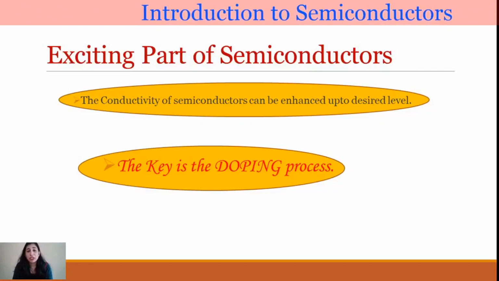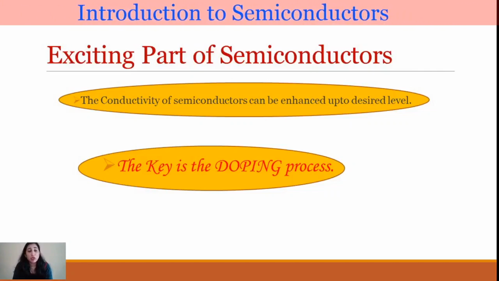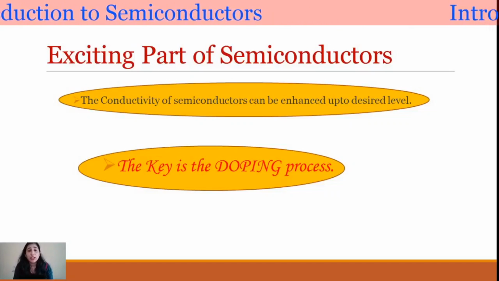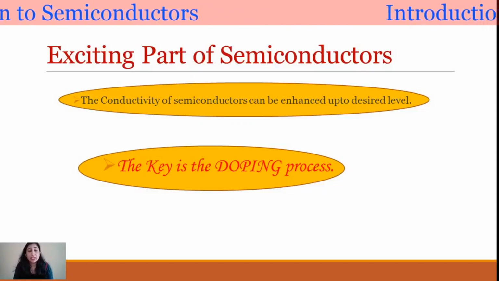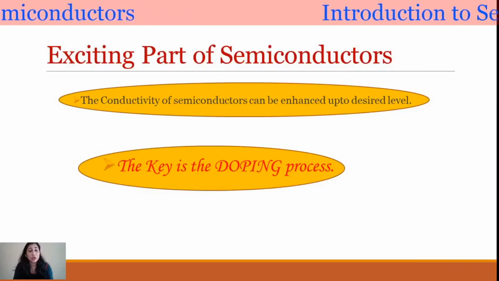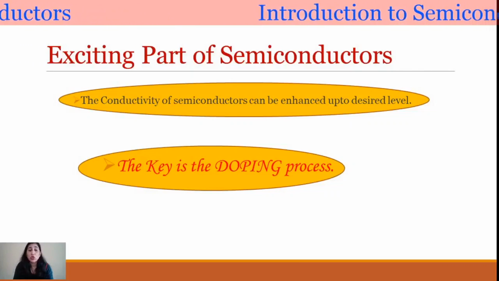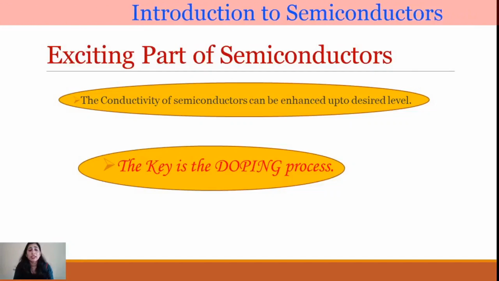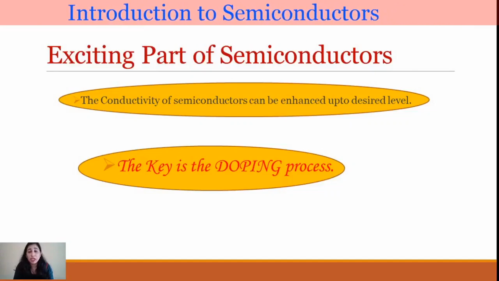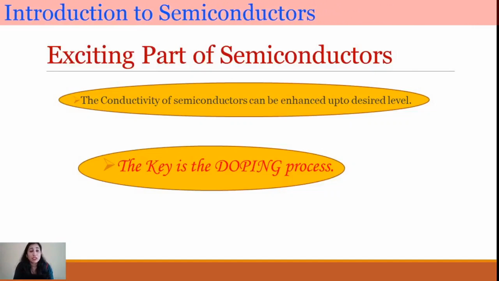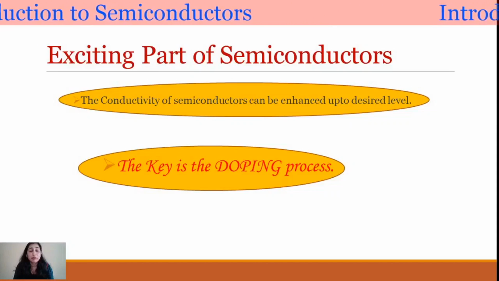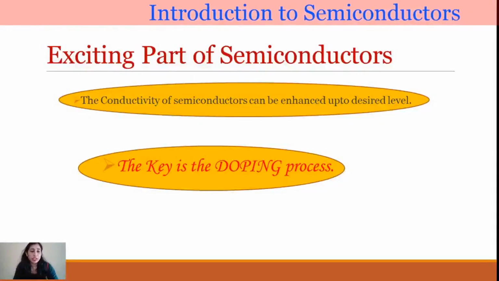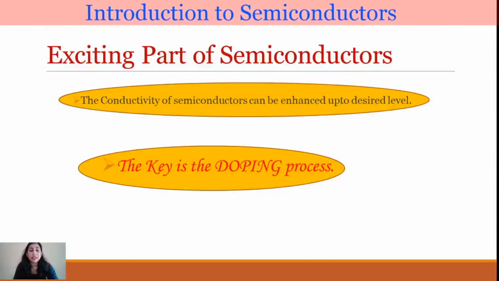What is doping? Doping is adding a small amount of a different material into our semiconducting material, and this different material is called the foreign element or the impurity atoms. Why impurity? Because the other element does not match our material of concern. That's why these are called impurity atoms. And by controlling this amount of impurity, we can control the conductivity in the semiconductor.